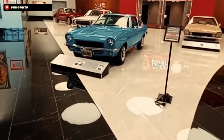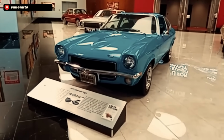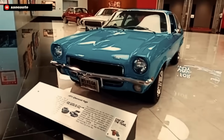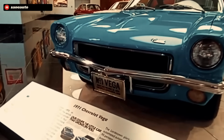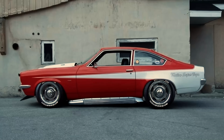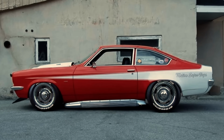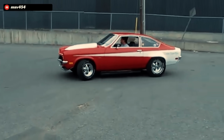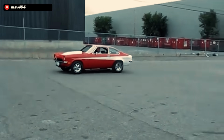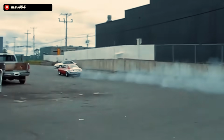The first generation pre-facelift Vega that Chevrolet built from 1970 to 1973 actually was not a bad looking car at all. In fact, it looks a lot like a miniature 1970 Camaro, just a bit more pedestrianized. The Vega was an economy car made for the masses. It featured various inline 4-cylinder engine options, and none of them were particularly fast due to the 4-cylinder power plant that lived under the hood. The saving grace of the Vega, though, was that it was a front-engine, rear-wheel drive car that happened to weigh only 2,200 pounds, which made the raw chassis the perfect platform for massive acceleration